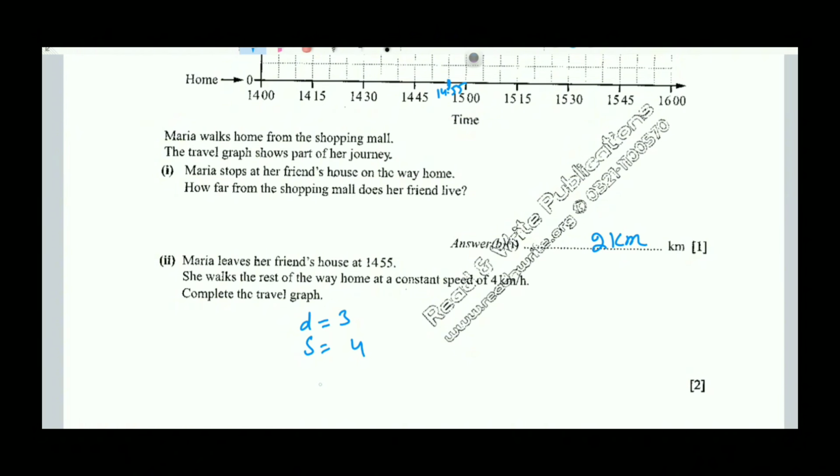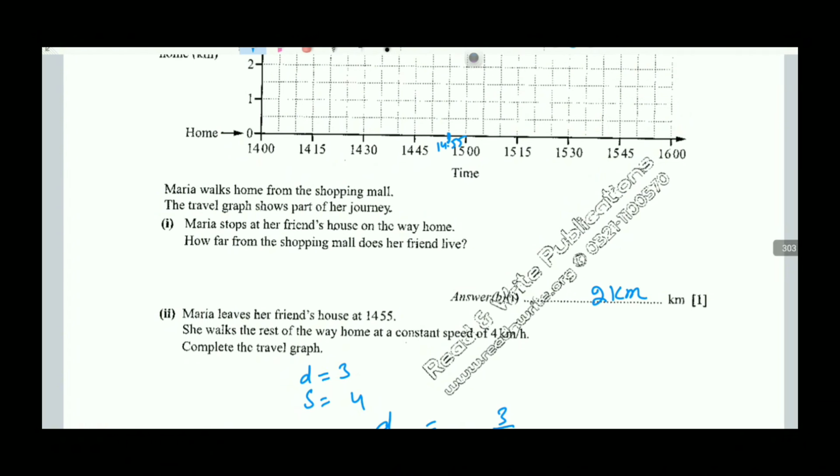So time is equal to distance over speed, 3 by 4. So 3 by 4 is 0.75. 0.75 means